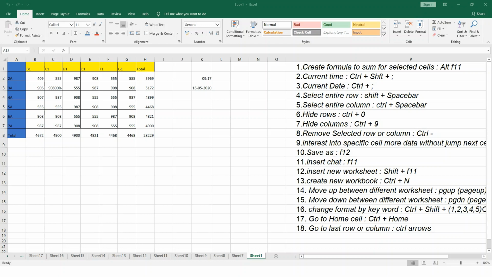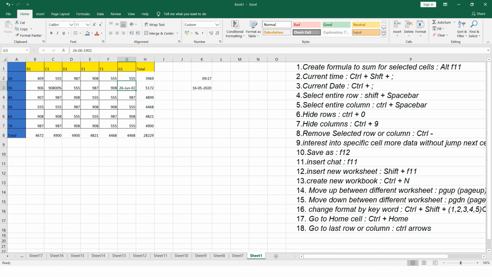Okay, now the next key is to change the format of a particular cell. For that you select the cell, Control Shift and 1, you can see that it will become decimal. By 2, it will come under the date and time format.